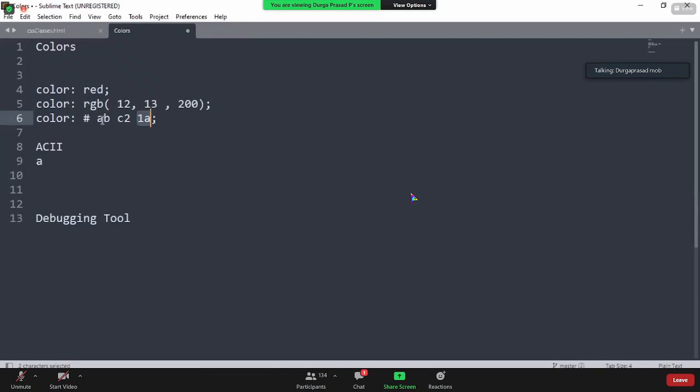It will take the ASCII value of A, B, and get a value between 0 and 255. It will take the ASCII value of C, 2, a value between 0 and 255. In the same way, 1A. So the maximum characters you can give for a hash code is 6 characters, where each 2 characters belong to red, green, blue again.